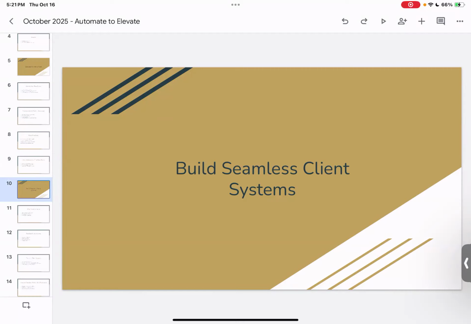Let's talk about building seamless client systems. So, this is mostly toward teaching related stuff, as well as whenever you're trying to build a network for yourself within a regional situation, whether it be in orchestras or whether it be partnering with other like-minded individuals whereby you have a project together.